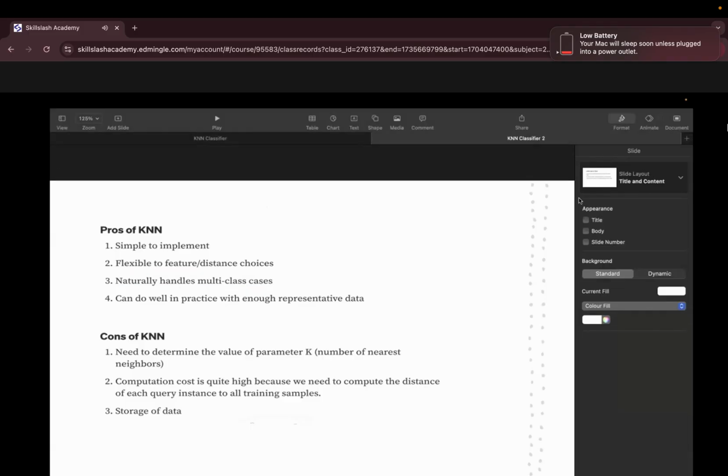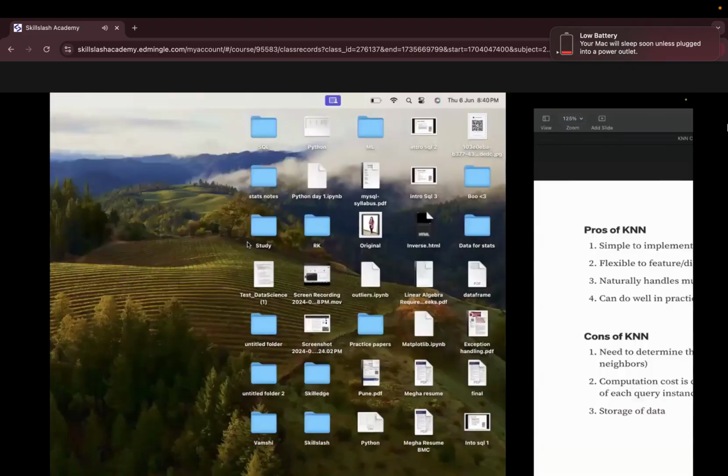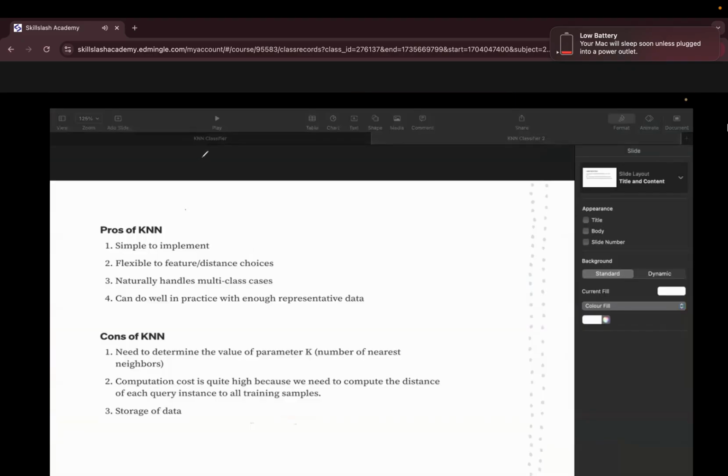Naturally handles multi-class cases. There's more than one output, you cannot say two classes or more than one class is the correct answer. As you can see that in the previous example, we were having the default loan status as yes and no, right? How many classes were there in this case? Two classes. So suppose if you are having more than two classes, let's say the parties like your BJP and BSP and NDA,